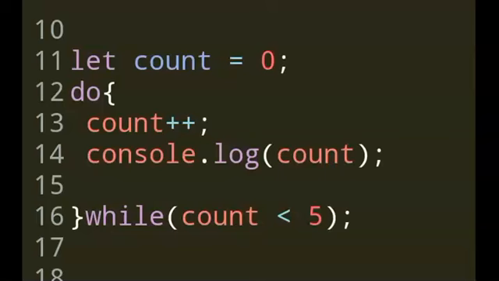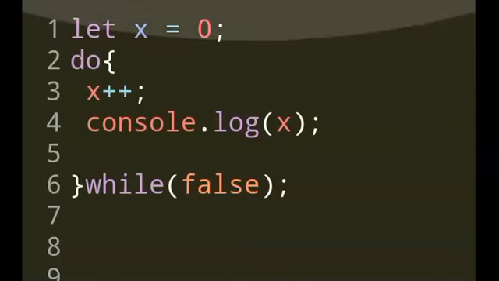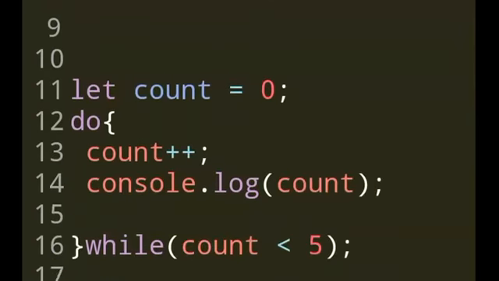So in this case also, first time it happens, like the first example, x0. Actually, the condition is false. It shouldn't even be happening. Had it been while, it wouldn't have happened. But since it is do while, it executes the code block inside the curly bracket just once. That's why from 0 it incremented to 1. After that, condition false, it stops. Had it been true, it would just go on, and we don't want an infinite loop. It will break our browser, break our computer. So this is all about the do while.